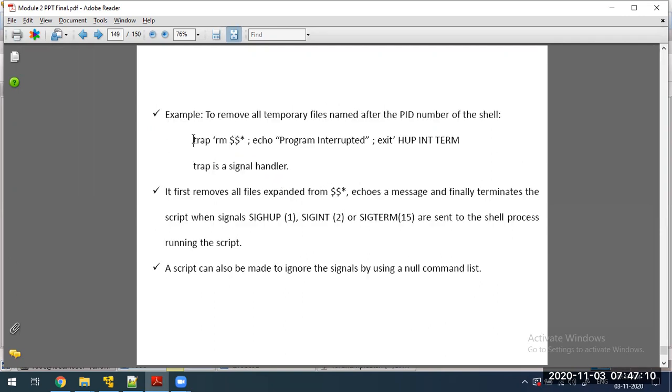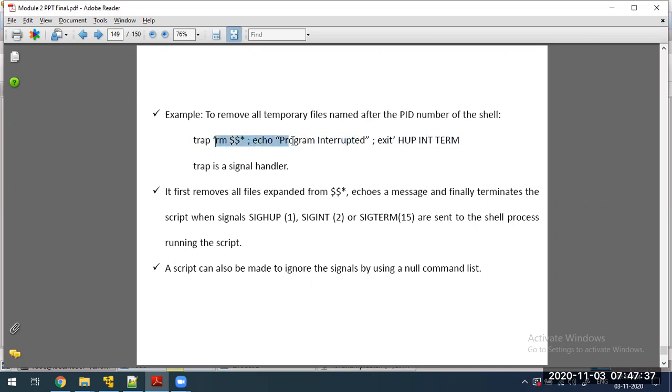Here is one example, the trap command: remove the files which start with the dollar. This star mark indicates removing all those temporary files. After that, it should echo, print the message, program is interrupted, then exit.